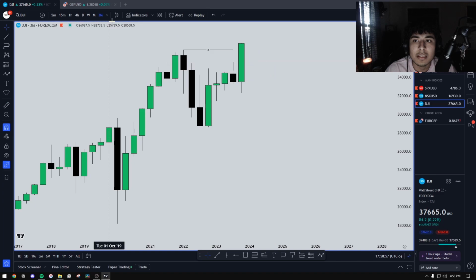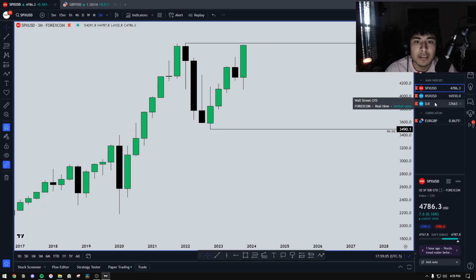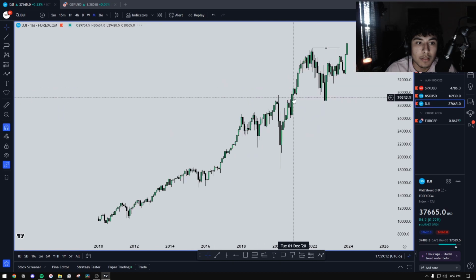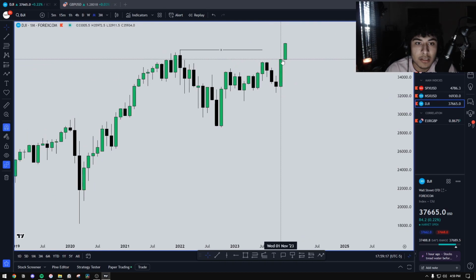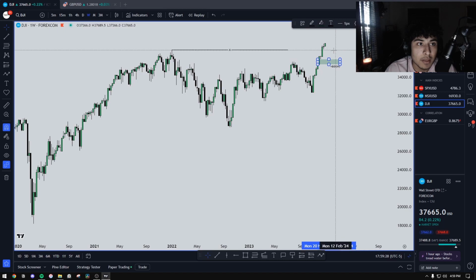So Power 3, I think this one really doesn't have a buy side imbalance like the other ones. While the other ones did fill it up, this one really didn't fill up anything. This one is a lot more volatile, and it moves a lot more than the other ones, since it is Dow Jones. And then eventually here again, we're forming a buy side imbalance on the monthly. I want to see that filled up. If we don't, then of course make another breakaway gap and just show us the strength of us being bullish for the next quarter. If we do get that, again, breakaway gap never got filled, I'm going to put it to the next most recent fair value gap.